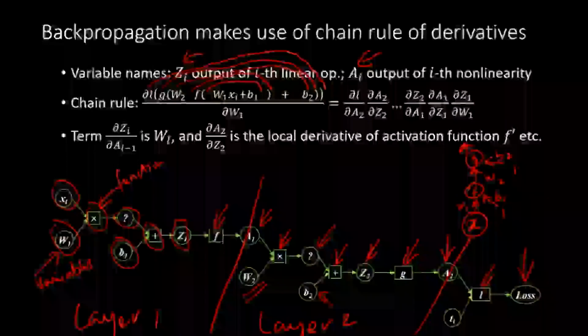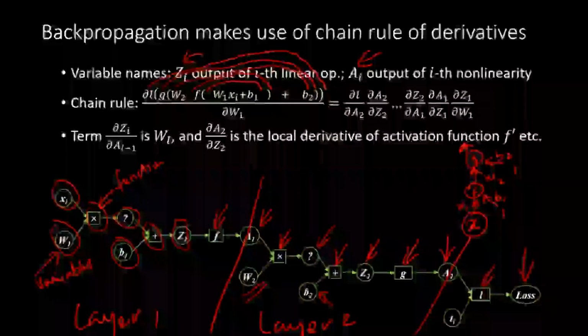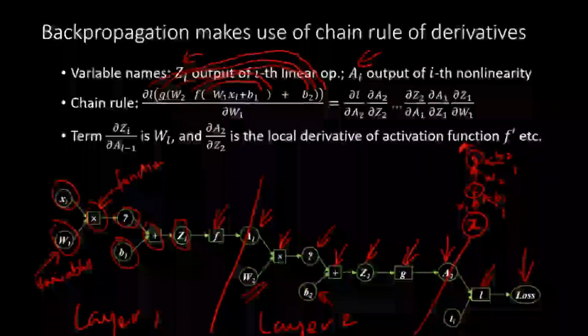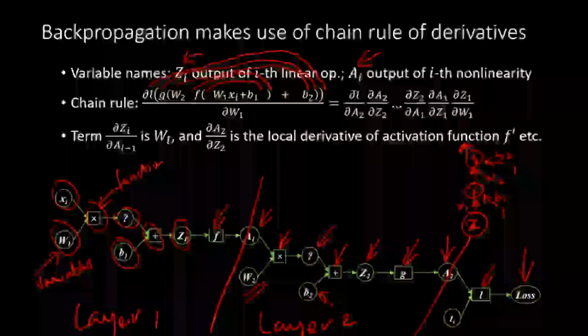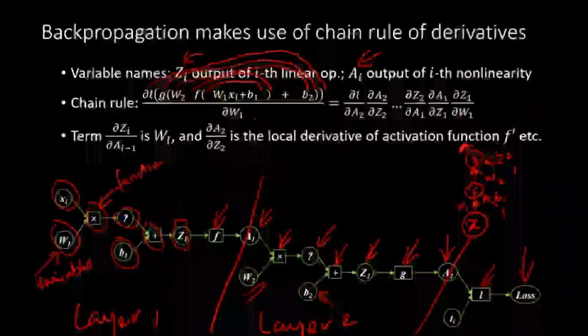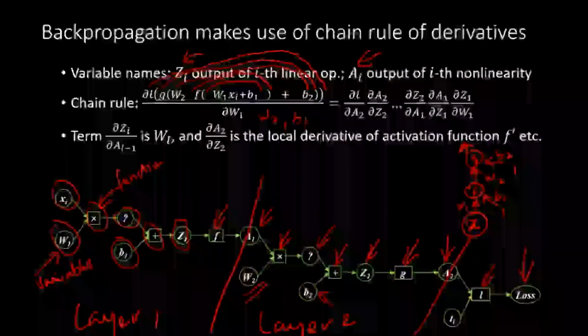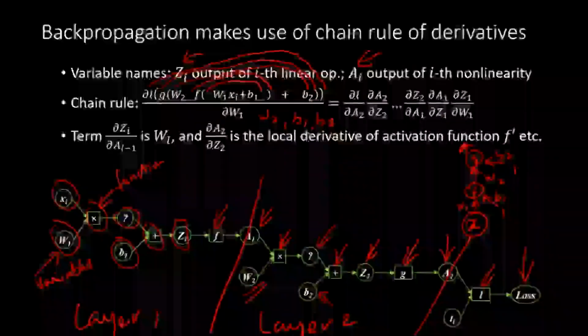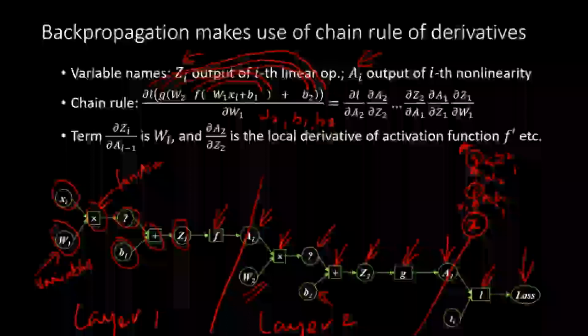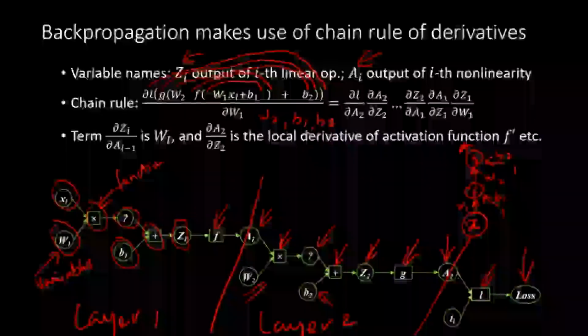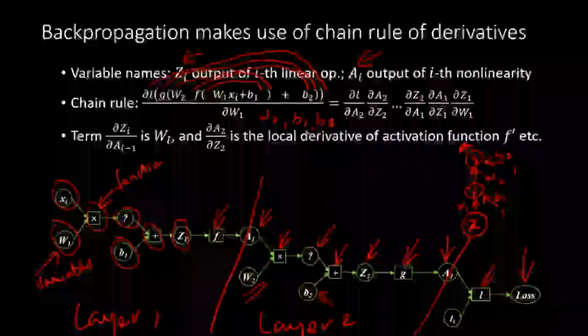So now we want to minimize this loss, so we want to go towards the negative side of the gradient. We want to compute the gradient of L with respect to W1. Actually, we also want to compute the derivative with respect to W2, with respect to B1, and with respect to B2. But we will skip the other three because it will be obvious how to do that once we look at the most complicated case, which is the derivative with respect to W1.